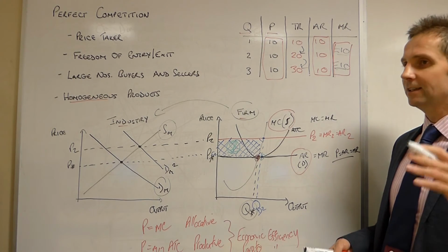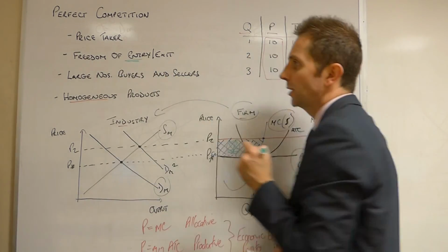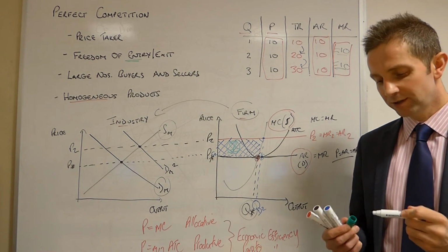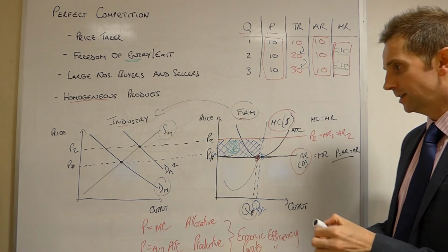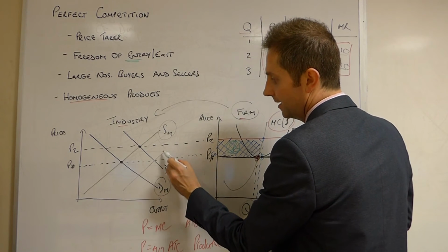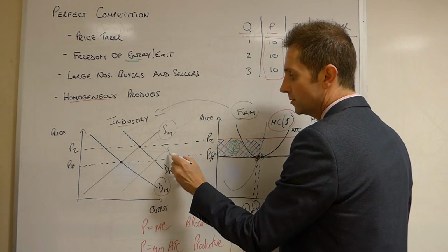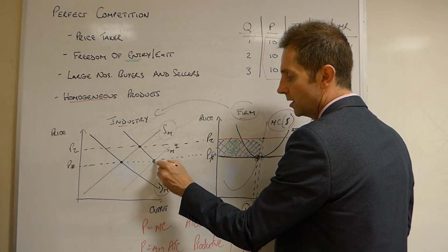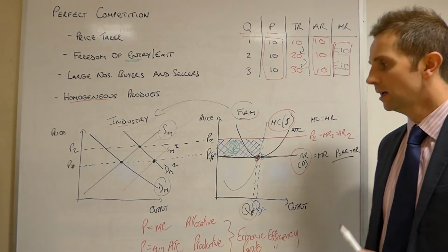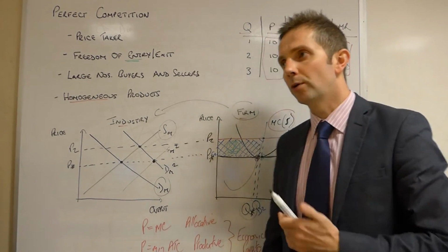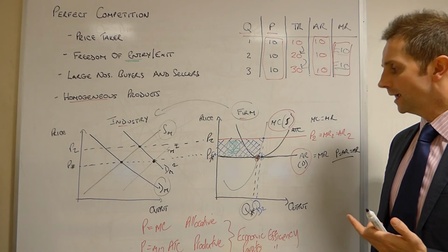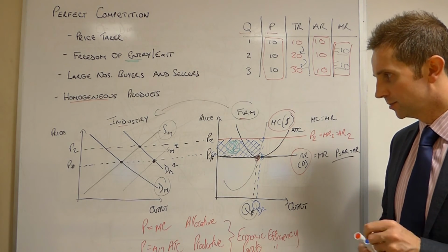Now, of course, in the long run, we know that we have freedom of entry into this market. So in the long run, new firms will see this potential profit and they will enter the market, enter the industry, and consequently the supply in the industry will increase, and all of these profits will be eroded until we get back to the long run equilibrium position, where we're once again making long run normal profits, not abnormal, long run normal profits. So that's one way in which we can deviate from this long run equilibrium position.